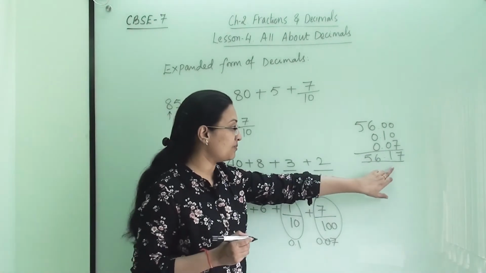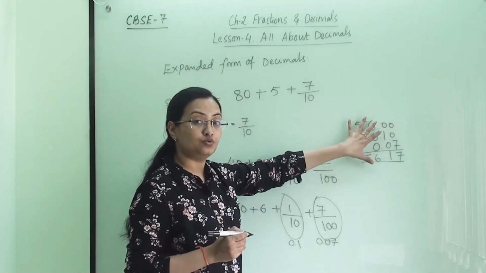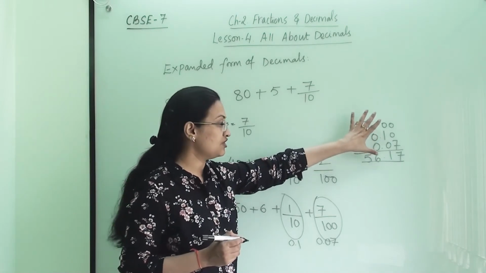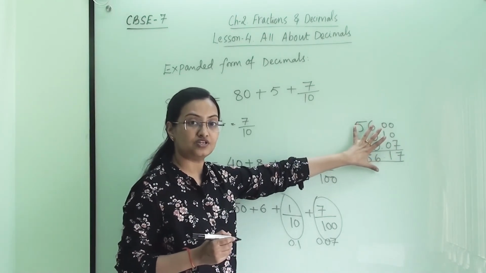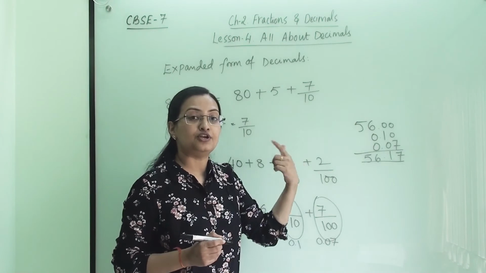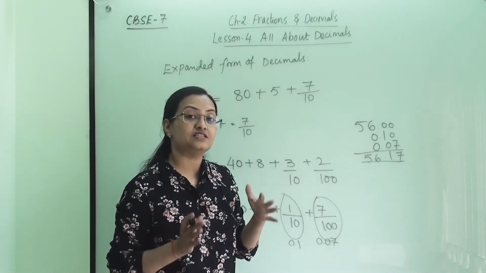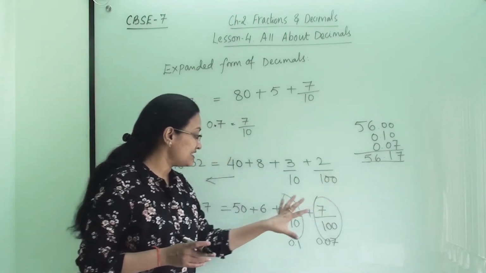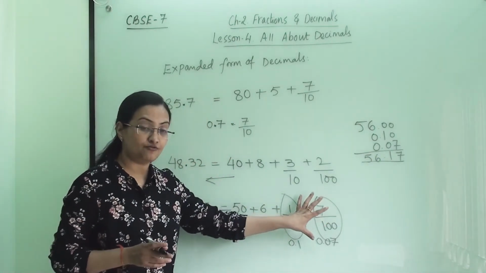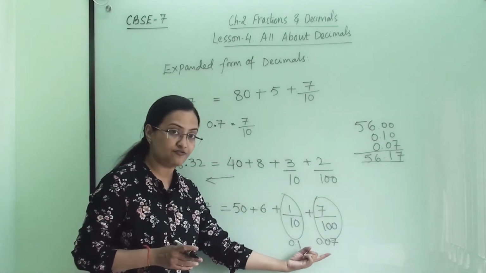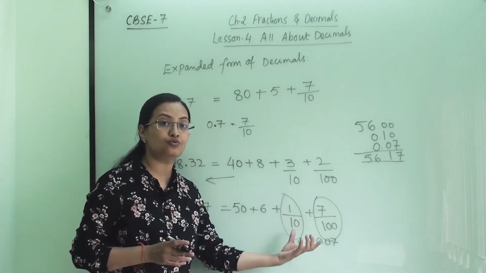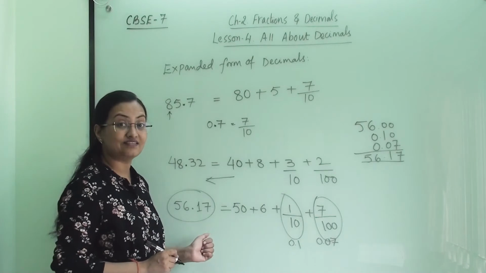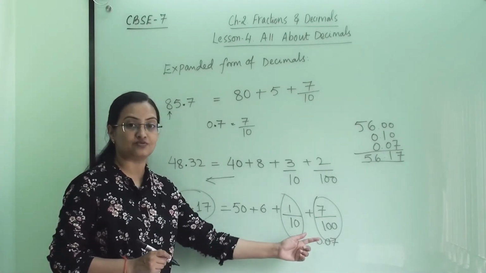In an upcoming topic, I am going to explain how to add decimals and whole numbers. If you do not have any idea about it, just check my video on addition and subtraction of decimal numbers. So what is the idea of expanded form? When we write the expanded form and add all those numbers, we should get the original number. That is the meaning of expanded form.